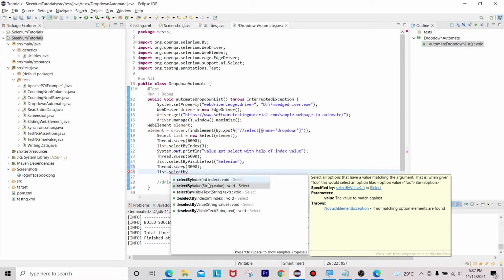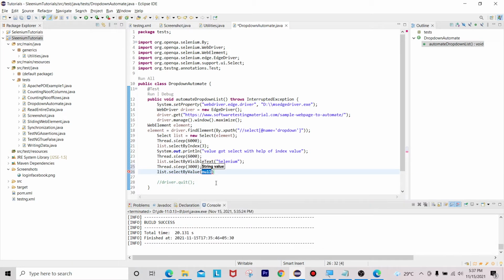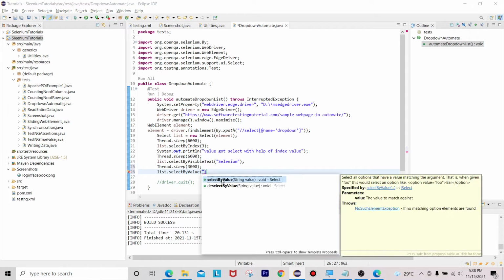What is select by value here? For now I will mention some string here. It selects all options that have a value matching the argument. That is, when given FOO, this would select an option like option value equals FOO bar option. The value to match against.